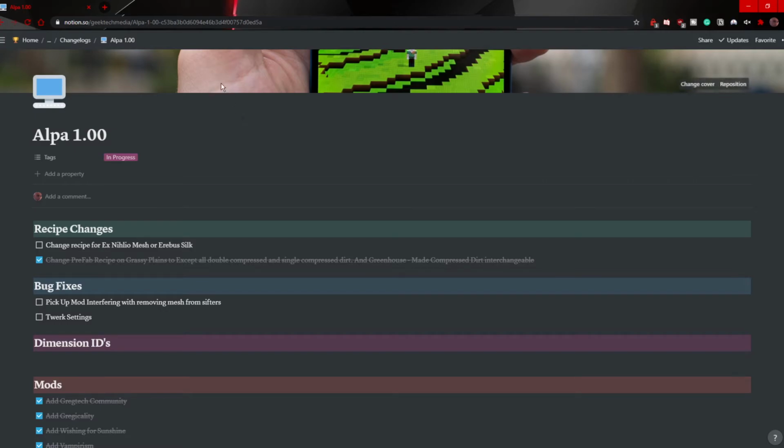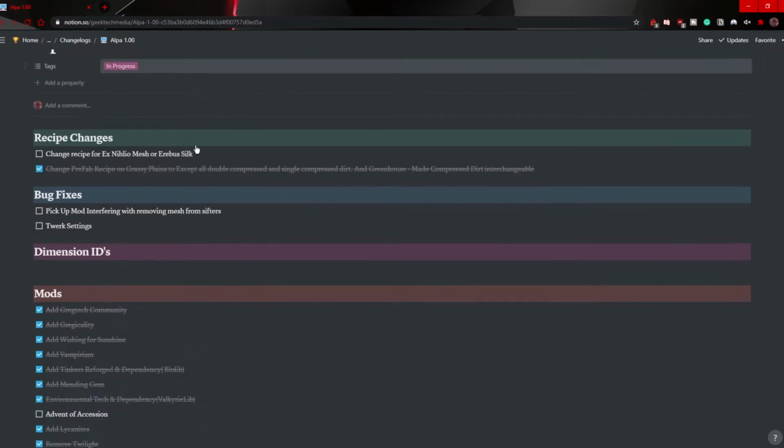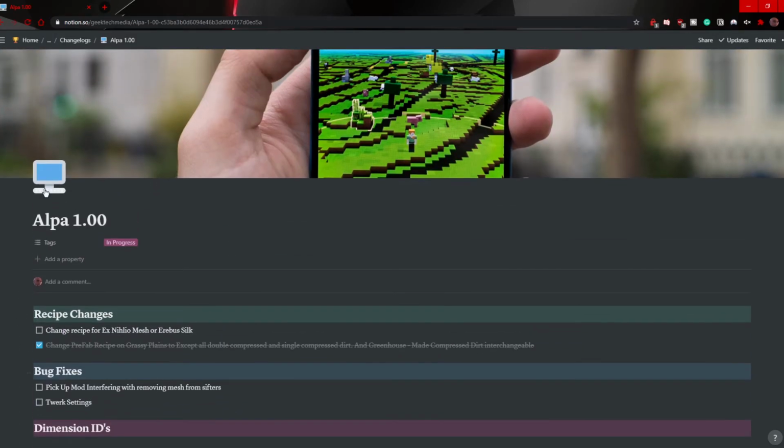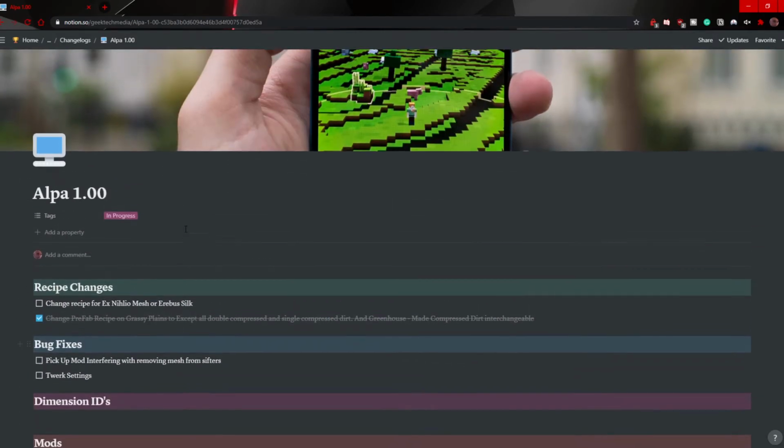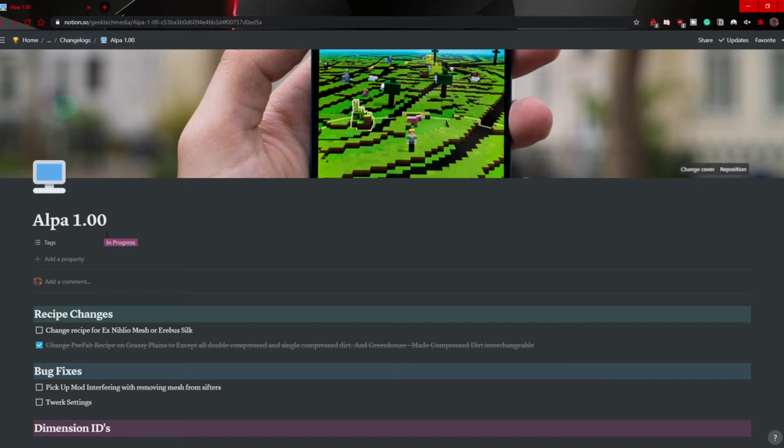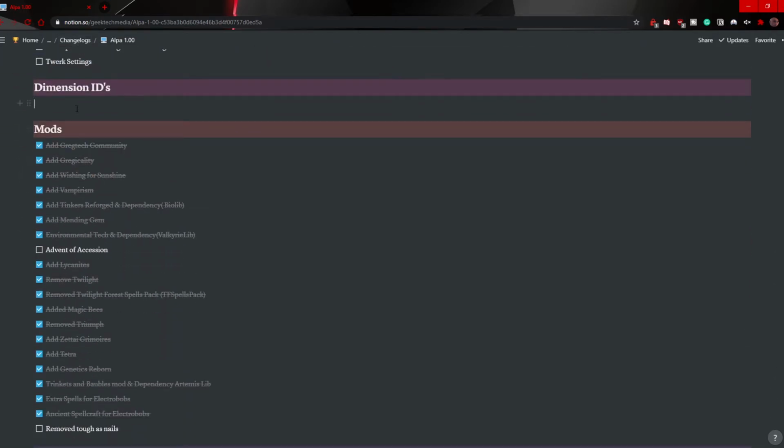I use Notion because I'm a student and I get it for free. And I use it to make all my notes. So this is alpha 1.00. That's what I'm calling it. Okay. There's other stuff back here in the change logs and stuff like that, but this is what I'm using to take notes. So, like what I'll do is I'll put, aqua cavern